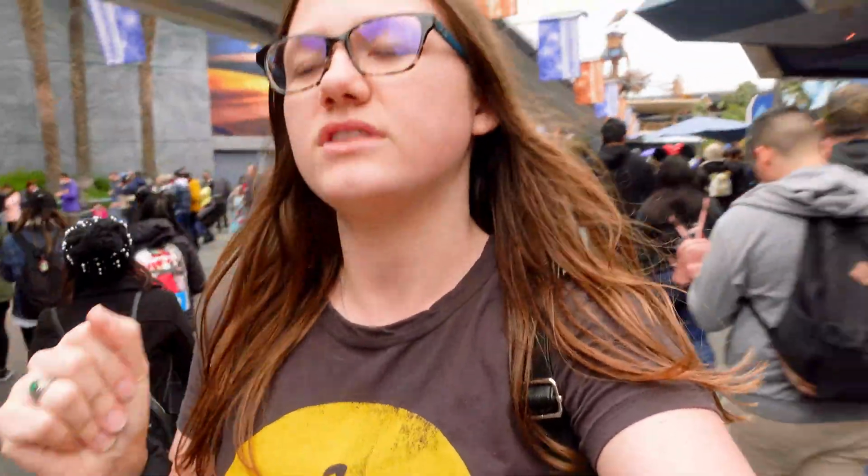Yep, perfect. All right, so I just got off of Star Tours. The wait was a lot longer than I expected. The standby wait was about 15 minutes, and so was Lightning Lane, because once you're inside, you combine with the standby line pretty early on. So the only time that it's really worth it to do it is if you see the line coming out the door. But right before you get to the part where like the droid's checking the luggage, that's where they